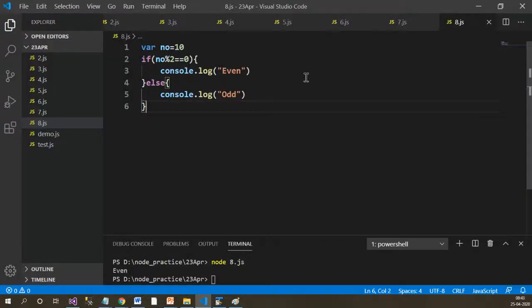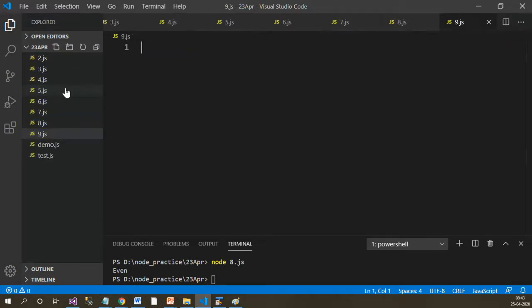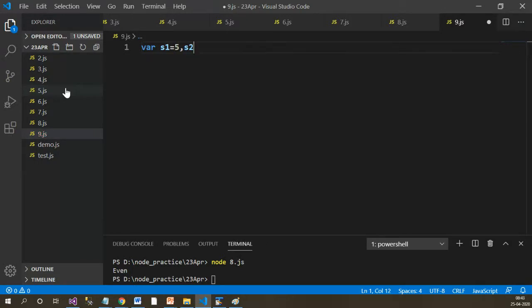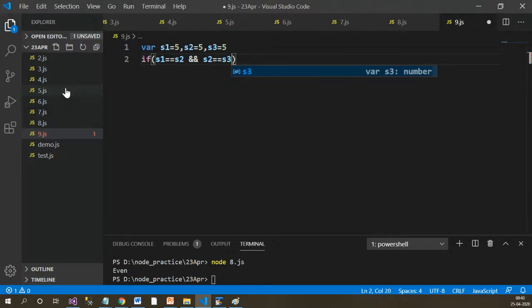Now let's work with the logical operator in Node. So let's create one more file, name it as 9.js. Here I'll declare some variables with some default values, and if side1 is equal to side2 and side2 is equal to side3, I'm calling it the equilateral triangle.